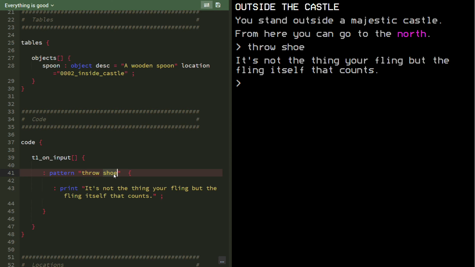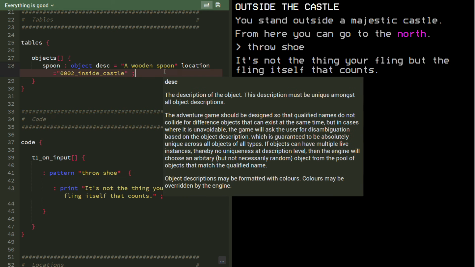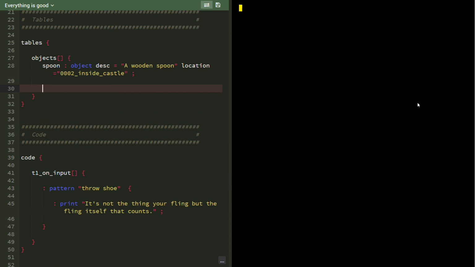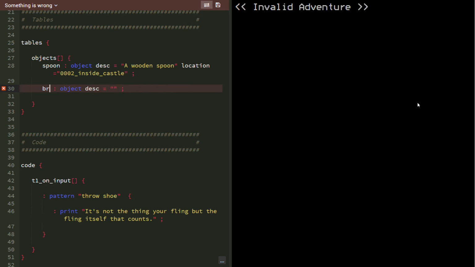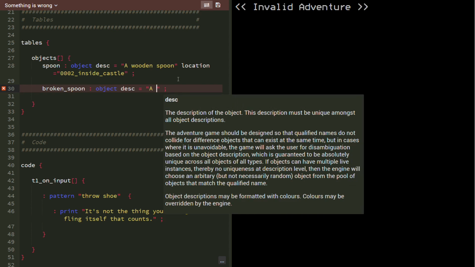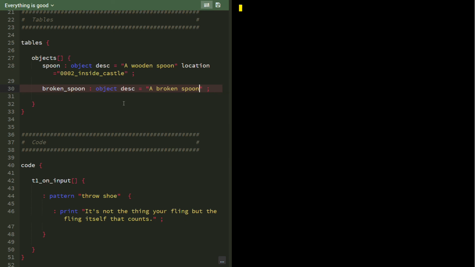So let's say I want to do something with the spoon, then I would need to qualify this statement within here to, let's create another object, which is a broken spoon. So now if I type in break spoon,